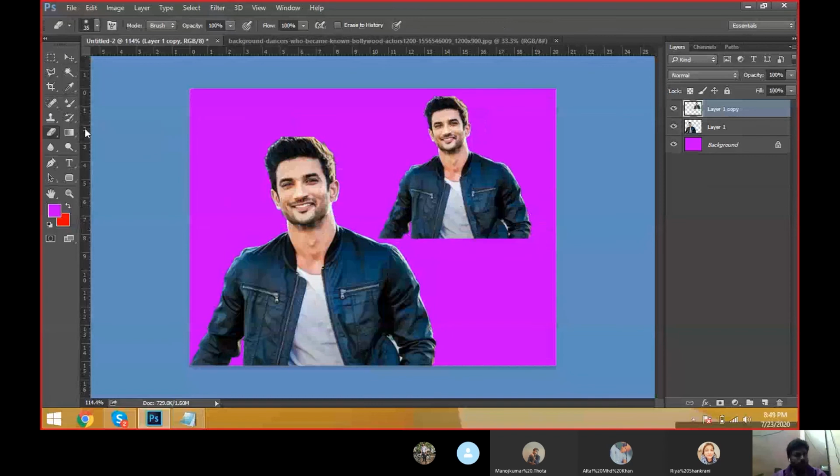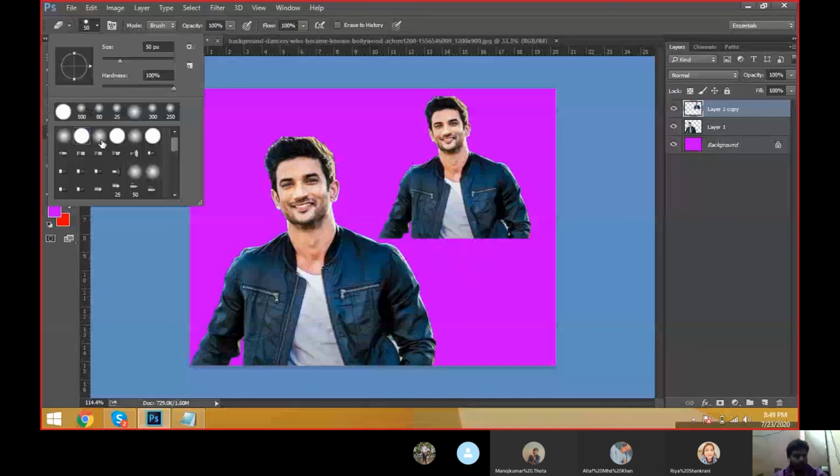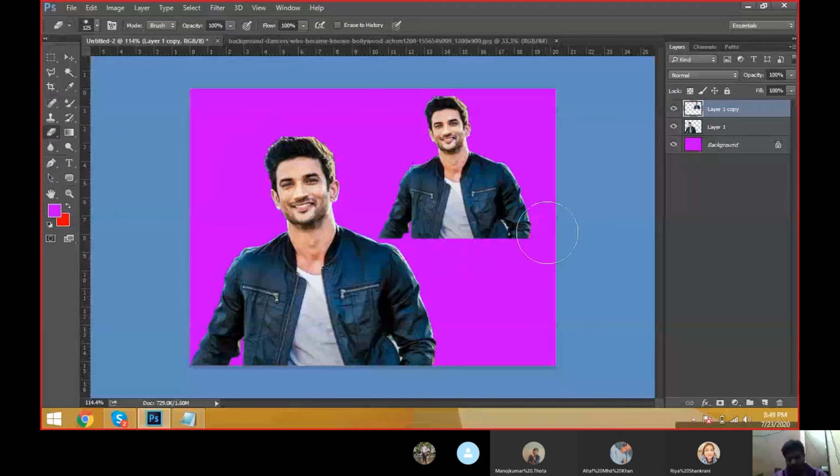Then take an eraser tool, and we have two types of brushes. One is hard brush and second one is soft brush. Take this hard brush tool, just drag it like this. What happened here, guys? It is also looking like a cut feel. Okay, then I need to go for a soft brush. Click it and go to the soft brush.